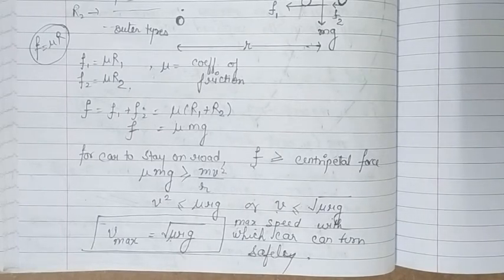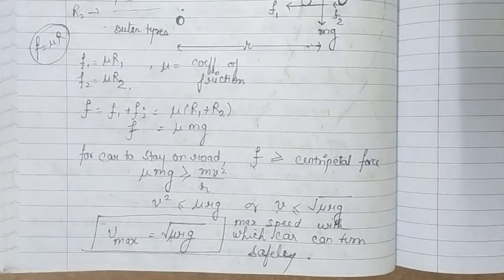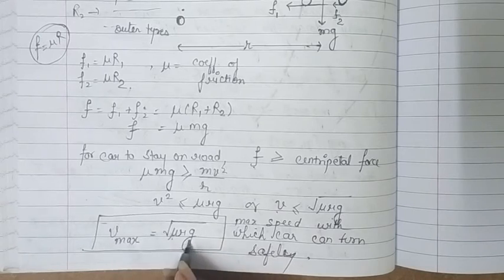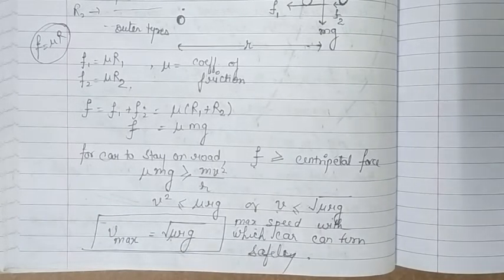It will go outer to the circle of radius r and will skid away to another circle whose radius is greater than r, because the maximum available friction will be insufficient to provide the necessary centripetal force in that case. If we have a speed more than this value, then the friction force acting there will not be sufficient to balance that centripetal force or to provide that necessary centripetal force.